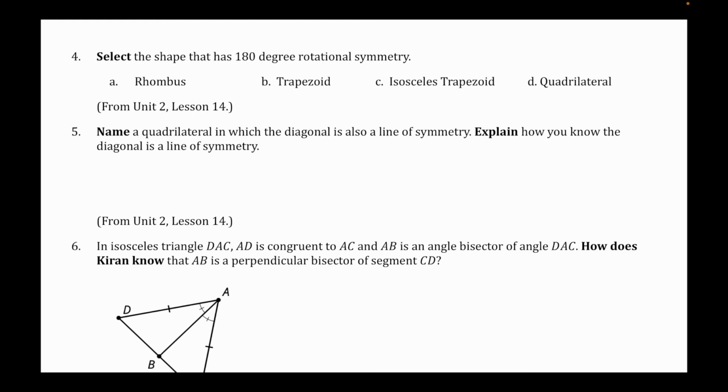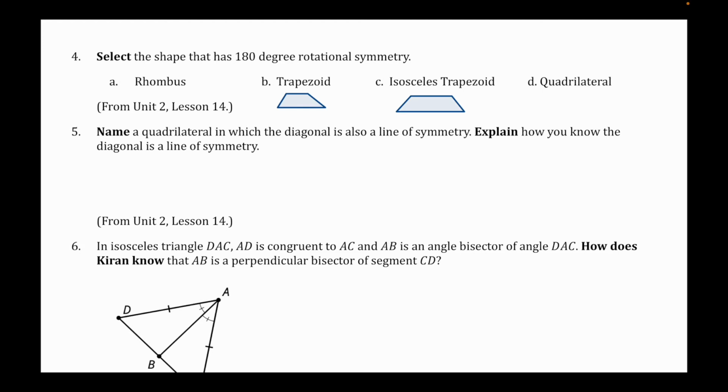So trapezoid, I like to use visuals for these, so a trapezoid is something that has 2 parallel lines. So kind of like this. And the other lines are just not parallel. If I rotate that shape around 180 degrees, not going to land on itself. An isosceles trapezoid is similar, but it has, if I could draw straight lines correctly, it's going to have 2 sides that have the same angle at the bases, but it's still not going to work because I would have a shorter side